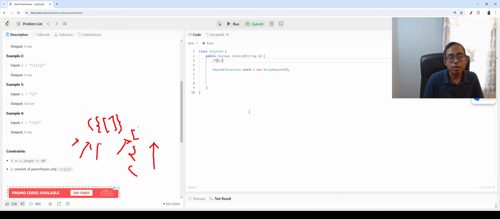If s.length equals 1, then we'll return false, because there will be only one opening bracket or closing bracket, so it doesn't satisfy the condition. We'll return false immediately for that. And then here we create the stack object, which is an ArrayDeque, and then let's loop through our